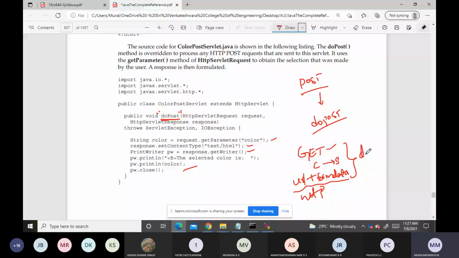This is a built-in method. If a request comes with the post method, a separate HTTP header is sent, which consists of that form data. To process this, we should override the doPost method. Both are inside the HttpServlet class.